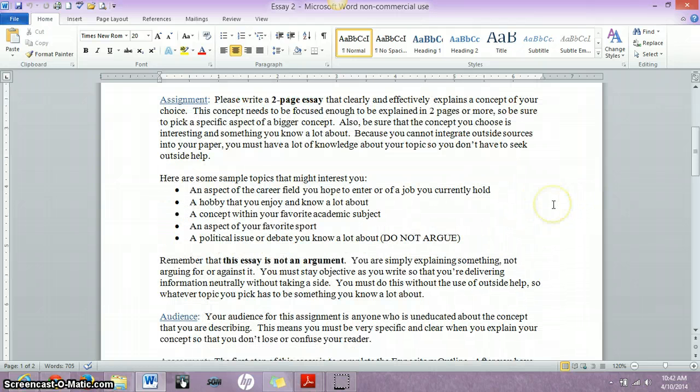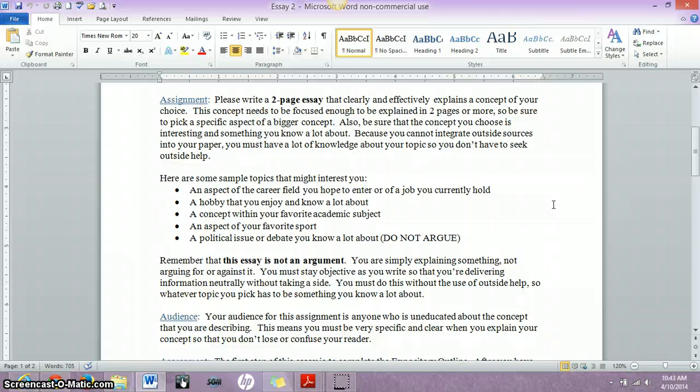All right, the assignment itself is to write a 2-page essay that clearly and effectively explains the concept of your choice. Make sure that it's a very focused concept because it has to be narrow enough for you to cover in 2 pages, which really is quite short. It may not feel like it when you're writing, but there's not a whole lot of information you can provide in simply 2 pages.